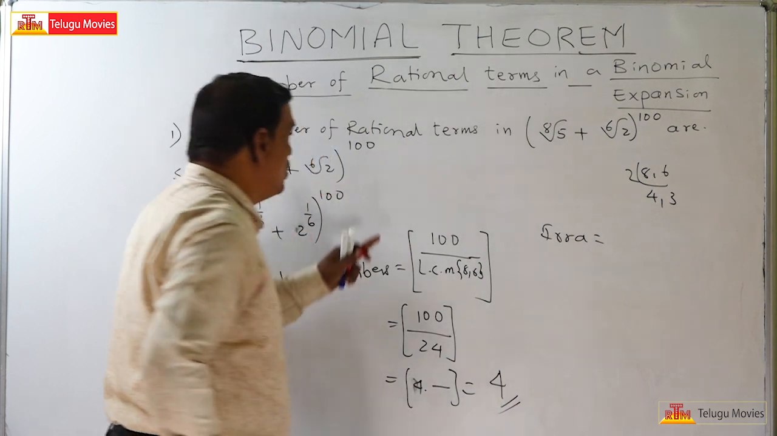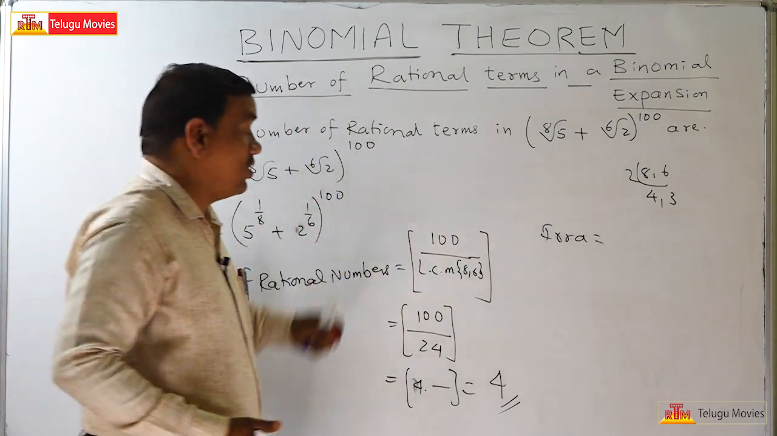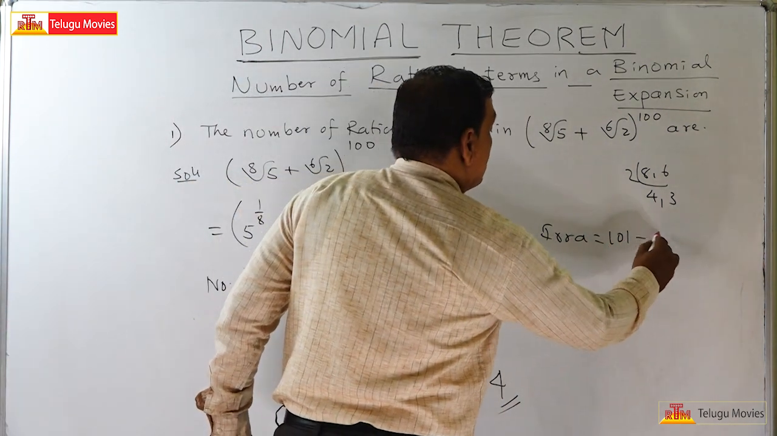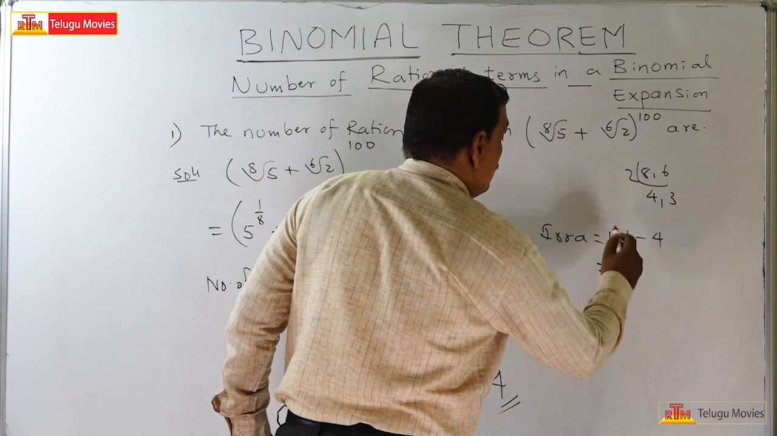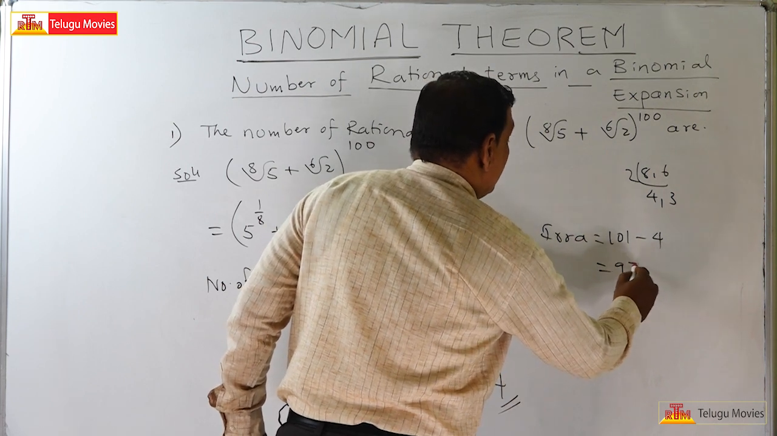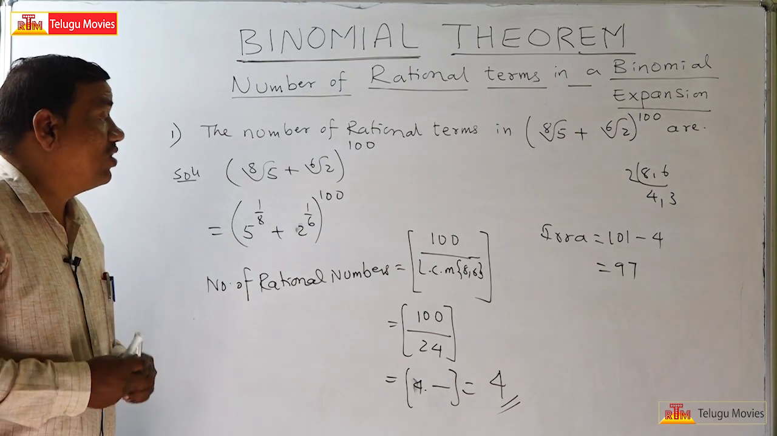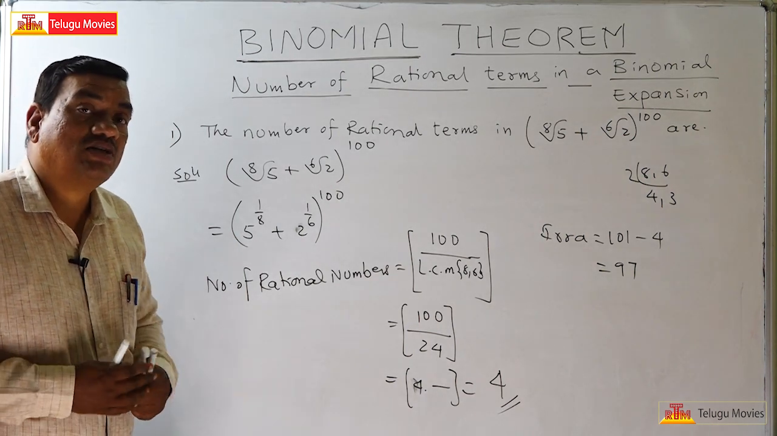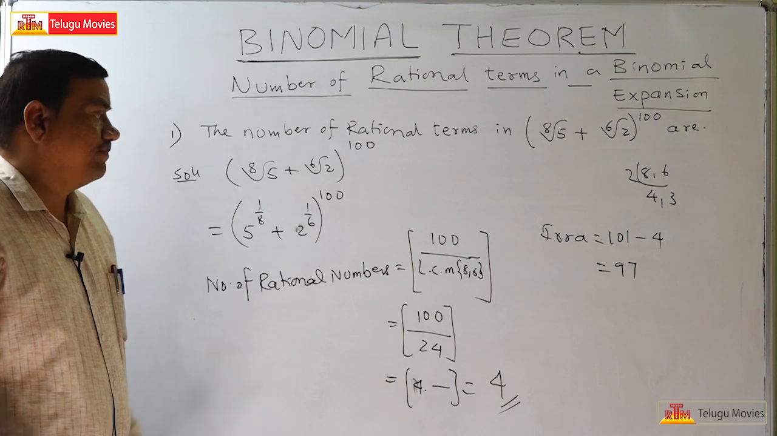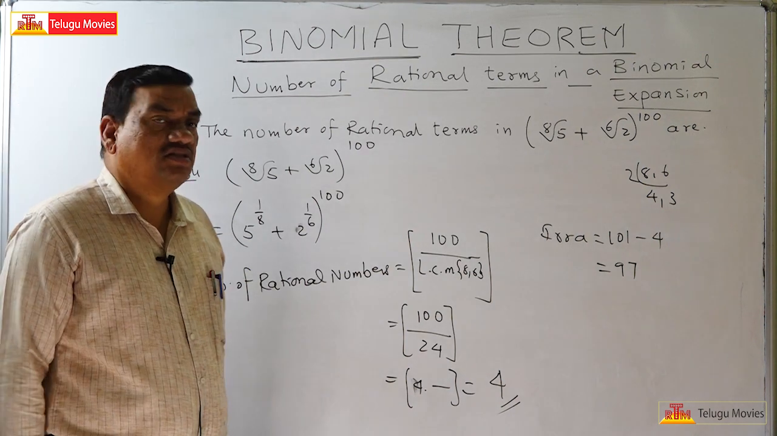The total number of terms is 101. 101 minus 4 is equal to 97. So 97 irrational numbers and 4 rational numbers will be there. Understand this? Okay. Now the question arises, sir,